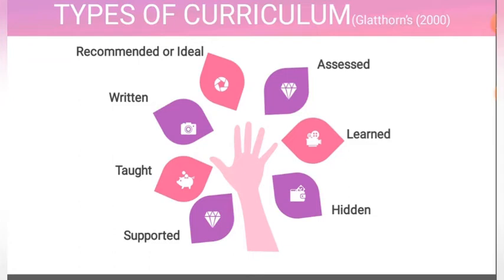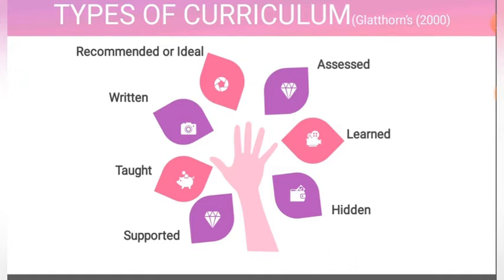Next is the taught curriculum. These are the different planned activities which are put into action in the classroom. The other one is supported curriculum, which are the material resources such as textbooks, computers, audiovisual materials, laboratory equipment, and other materials that help in the implementation of the taught curriculum and which should help achieve real and lifelong learning. Next is assessed curriculum. This is a series of evaluations which are being done by the teachers to determine the extent of teaching or to tell if the students are progressing.